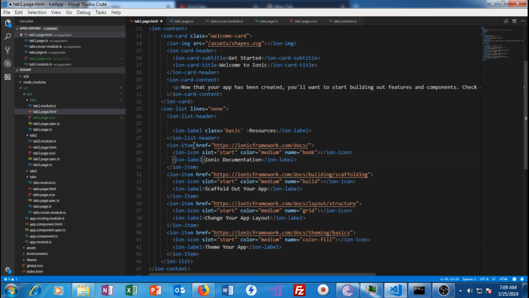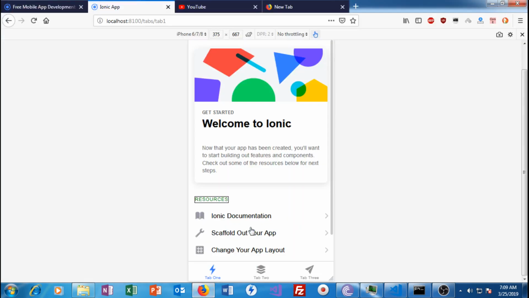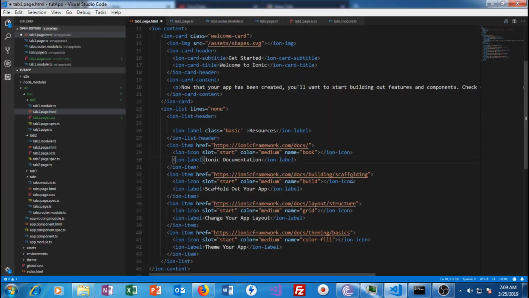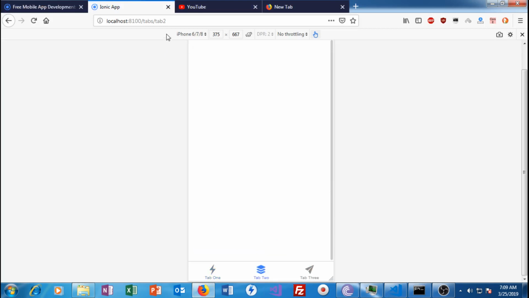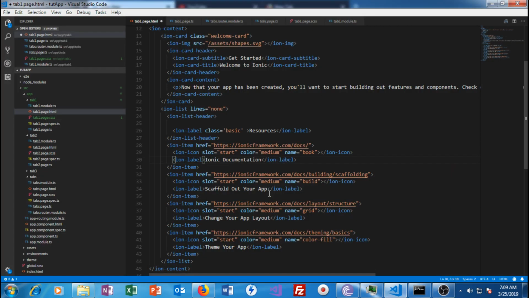For example, we want to click on scaffold out your app and move to tab 2. The URL for moving to tab 2 will be this. Okay, so let's copy it and